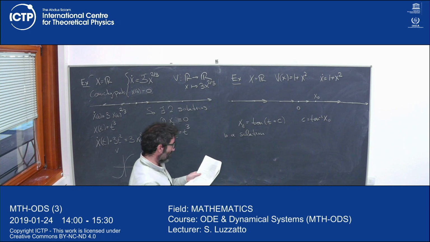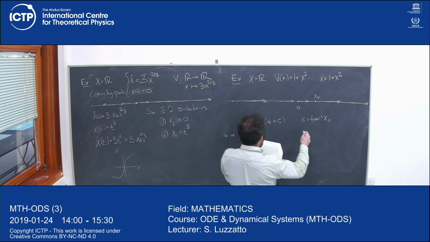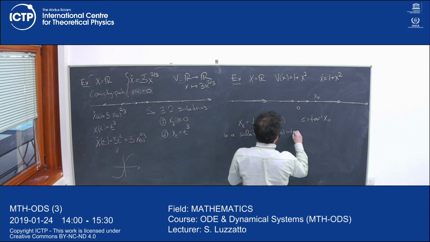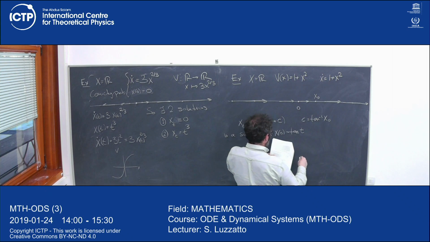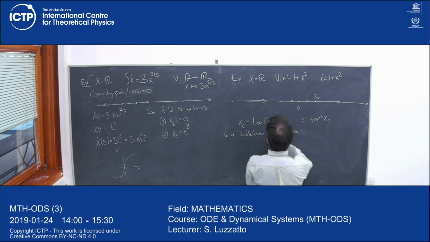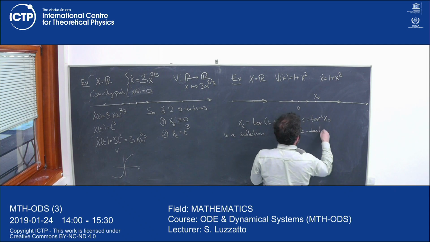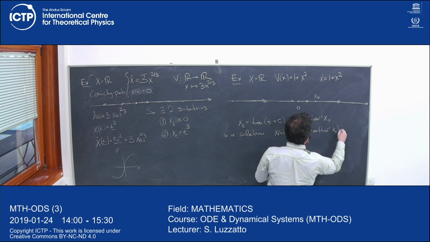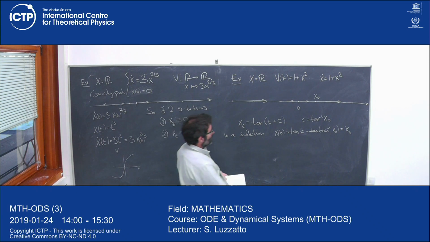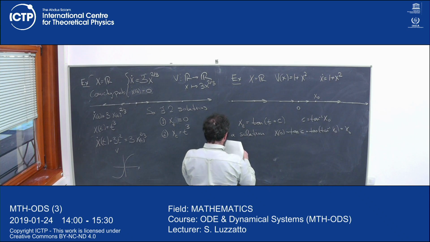Because that's what you get when you integrate tan. When you differentiate, I'm never very good at this stuff, but okay, here you can see that x of 0 is equal to tan c. When t is equal to 0, this is tan c. So if you plug this into here, this is tan of tan minus 1 of x0, which is just x0. So this is the initial condition x0, and the derivative is x dot of t